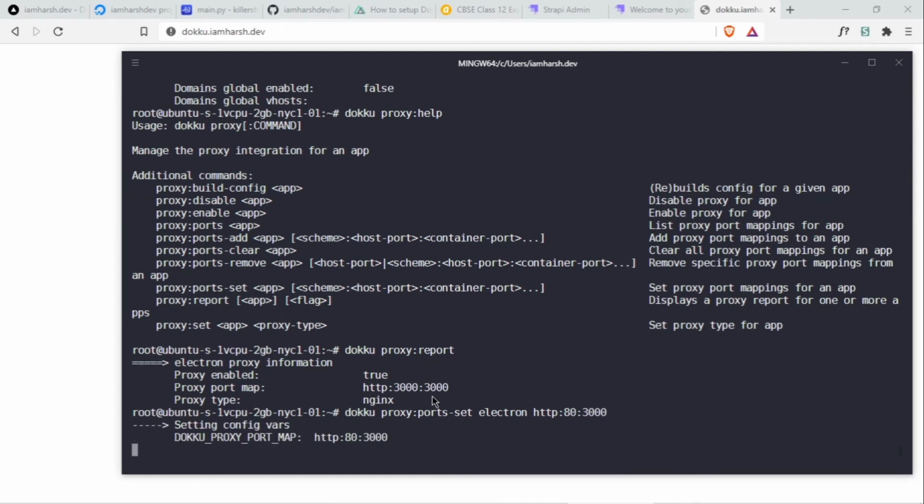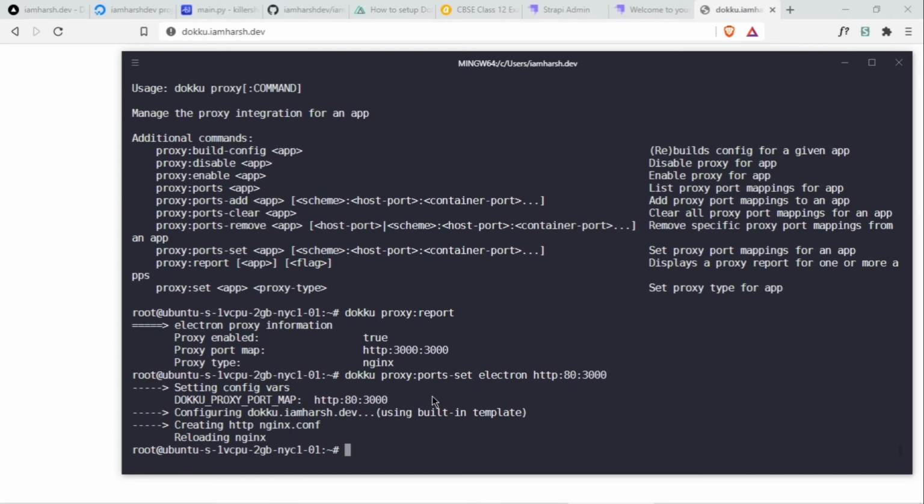This will set up the ports. We'll wait, and this will reload your Nginx and set it up under the hood.